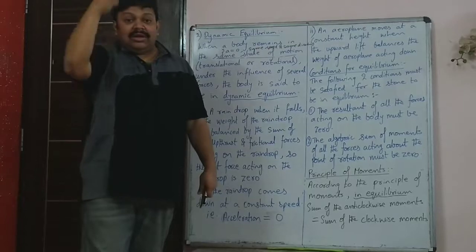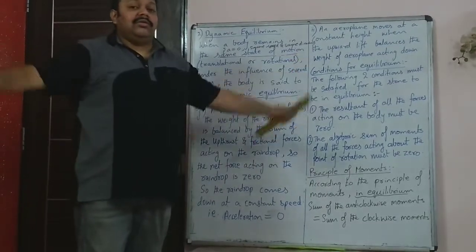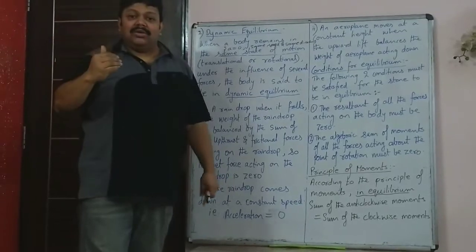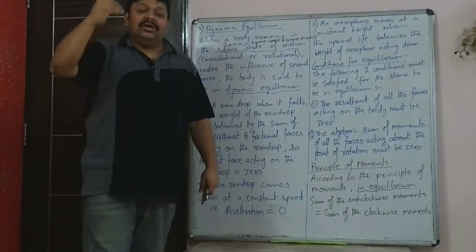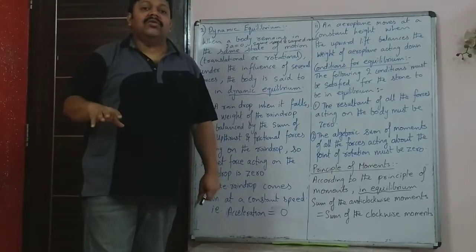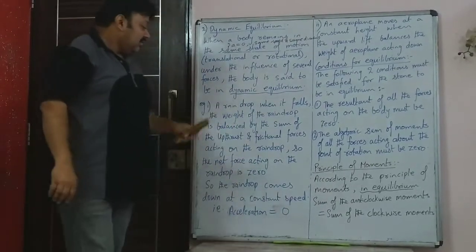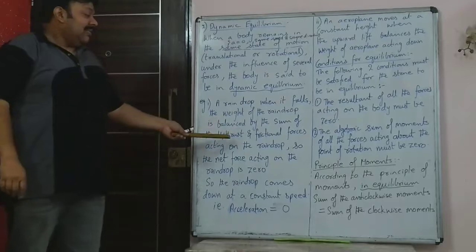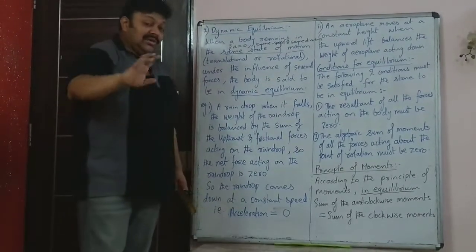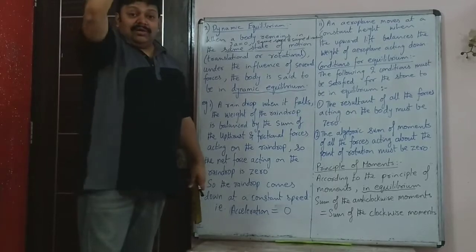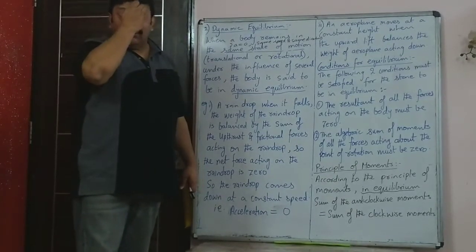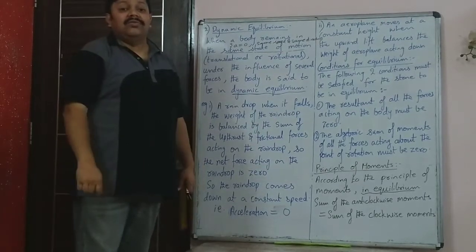That is why when hail falls, you don't stand and enjoy. Rain falls, you stand and enjoy because it is coming down with a lower velocity. That velocity is constant. Once it enters the Earth's atmosphere, there is no acceleration, because the weight is balanced by frictional force and upthrust. But the same is not true for hail. So when hail falls, the ice that falls on car windshields can even crack the windshield.